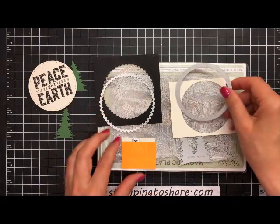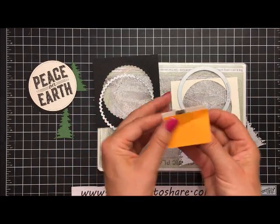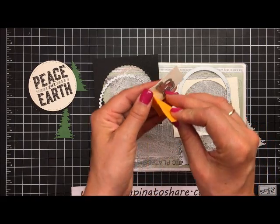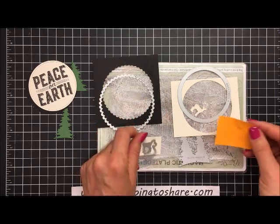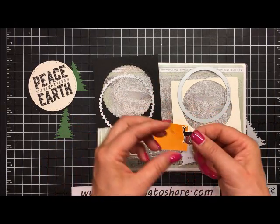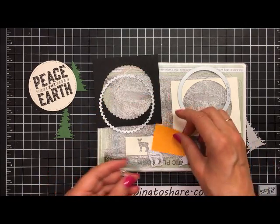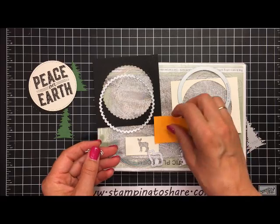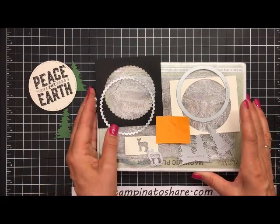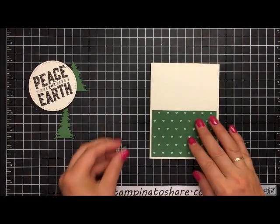onto there. And then for the deer, you can see that I did have to use a little post-it note here, just because if I had not, our little deer would have kind of skipped around on the Big Shot platform, and then it would have been hard to cut him out nice and perfect. And so sometimes you do have to use a post-it note even with the magnetic platform. So I'm going to set this aside, and we're just going to go ahead and assemble the rest of this